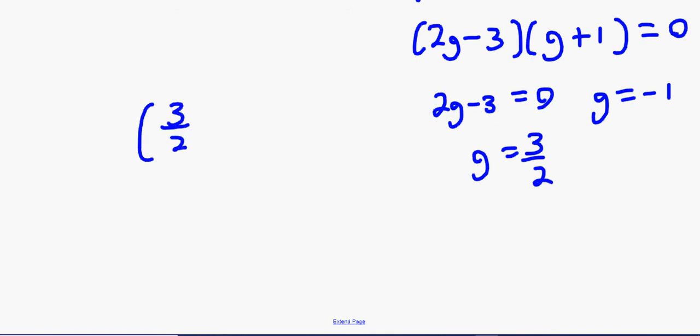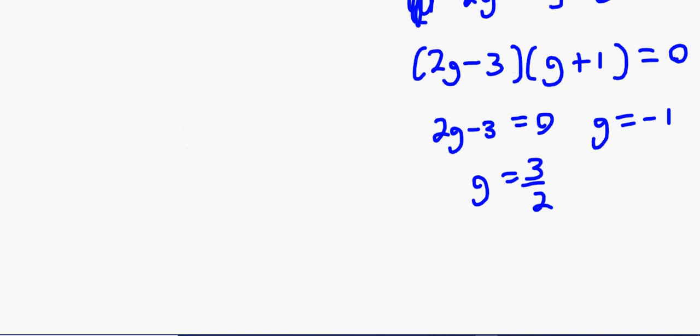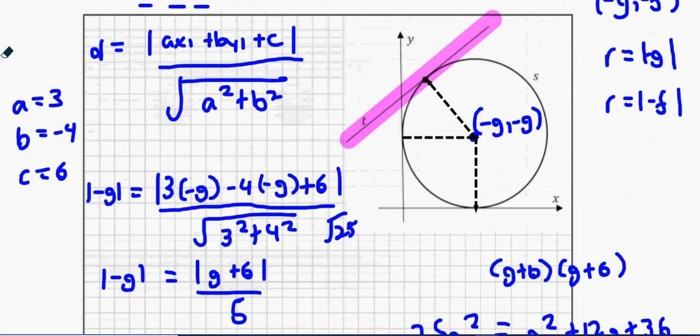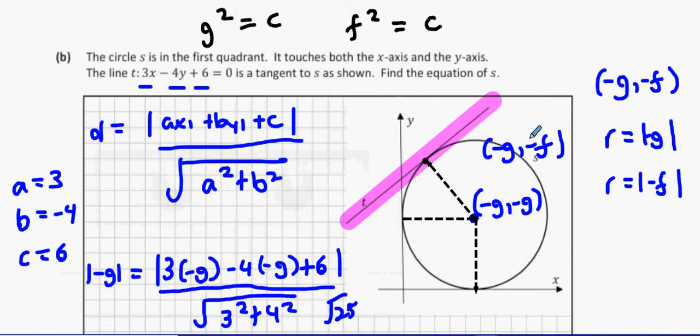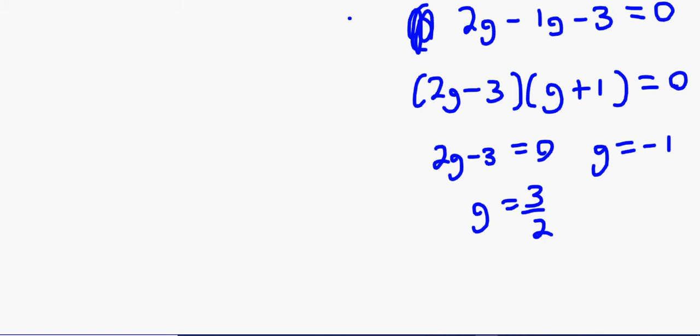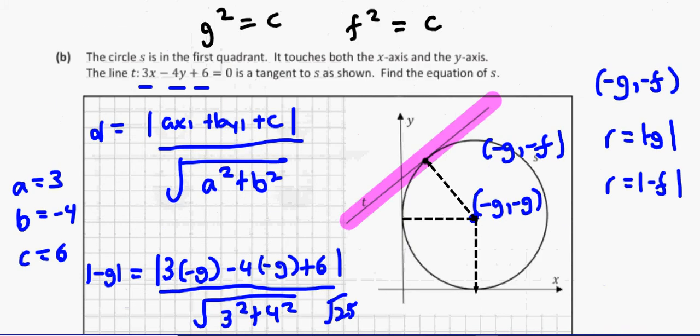Actually, wait a second. No. Look at this. Sorry, I almost made a bad mistake here. The center of the circle is defined as minus G, minus F. So if I use a positive answer of G, which is 3 over 2, the actual center is minus 3 over 2, minus 3 over 2. So in this case, I'm actually looking for the negative number, which would be minus 1, because minus 1 is the G value. So the minus G value would be